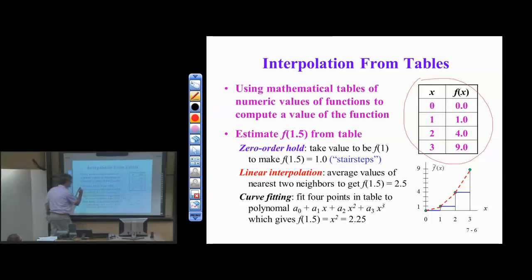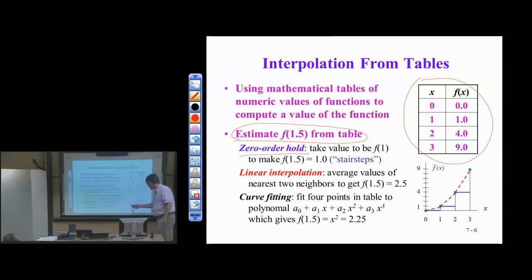Anyway, using mathematical tables of numerical values of functions to compute a value of the function is interpolation. So here's an example. I want to estimate the function at 1.5 from the table. Lots of ways I can do it. The zero order hold case, which is the sample and hold case, is we'll just simply take the value to be 1. Okay, the way to see that graphically